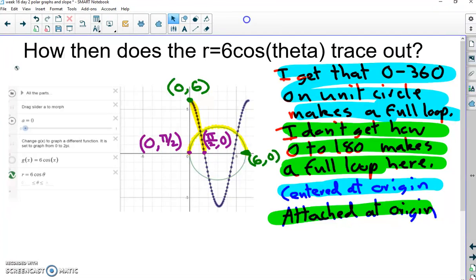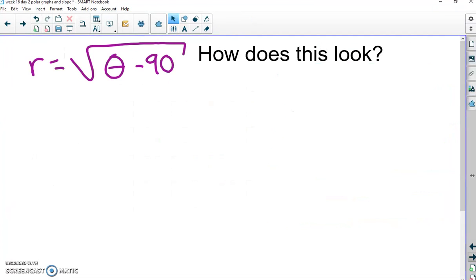So now I want you guys to try and look at this one. Try to graph this in rectangular first on paper, then in your head, translate it to polar, and then